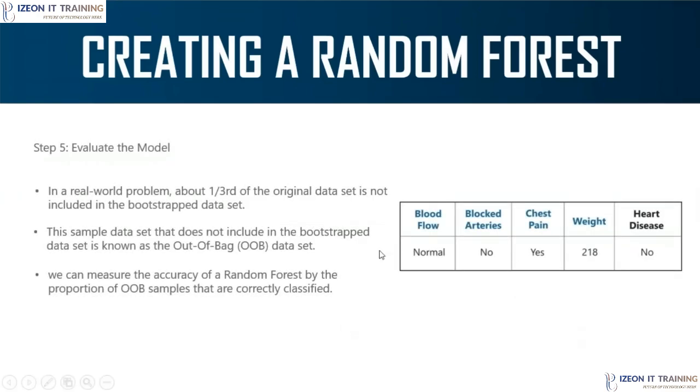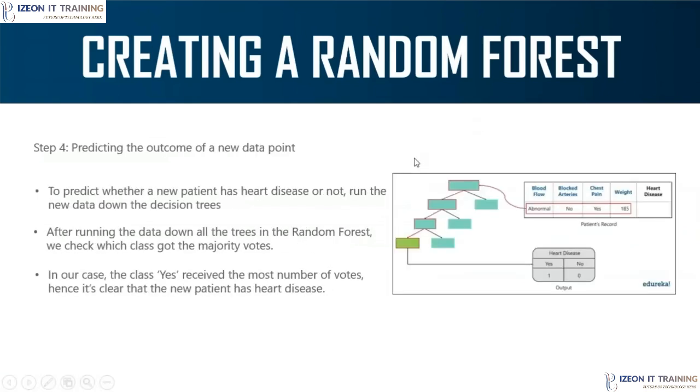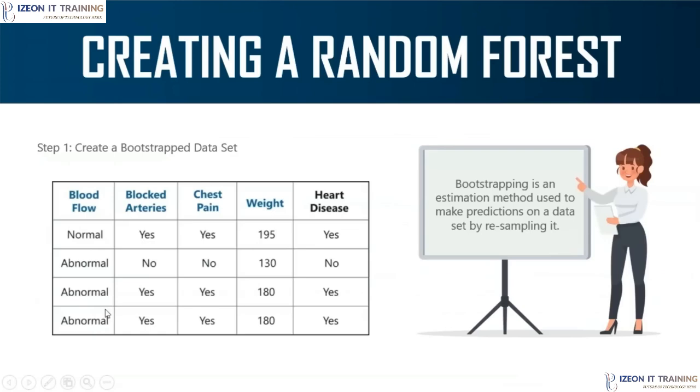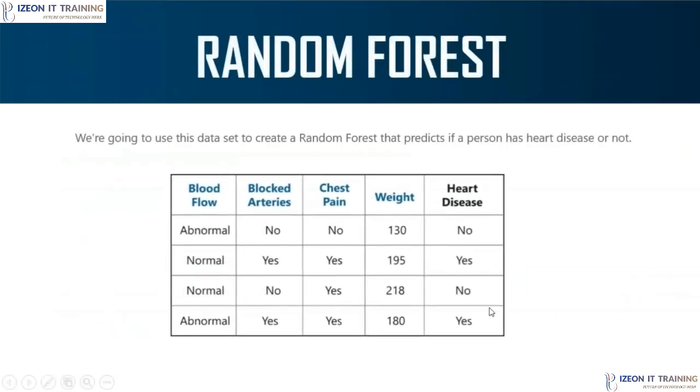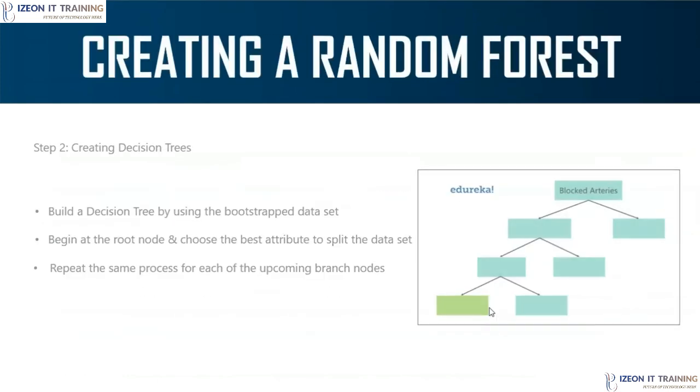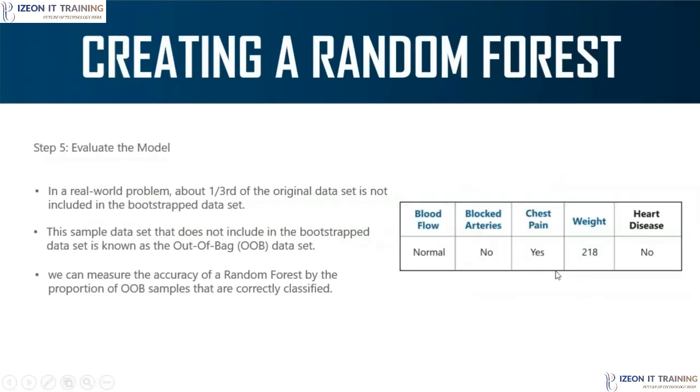Now, the next step is you will evaluate the efficiency of the model. Earlier when we created the bootstrap data set, we left out one entry sample, right? This is the entry sample we left out because we repeated one sample twice. If you all remember in the bootstrap data set, here we repeated an entry twice and we missed out on one of the entries, right? We missed out on one of the entries. So for evaluating the model, we'll be using the data entry that we